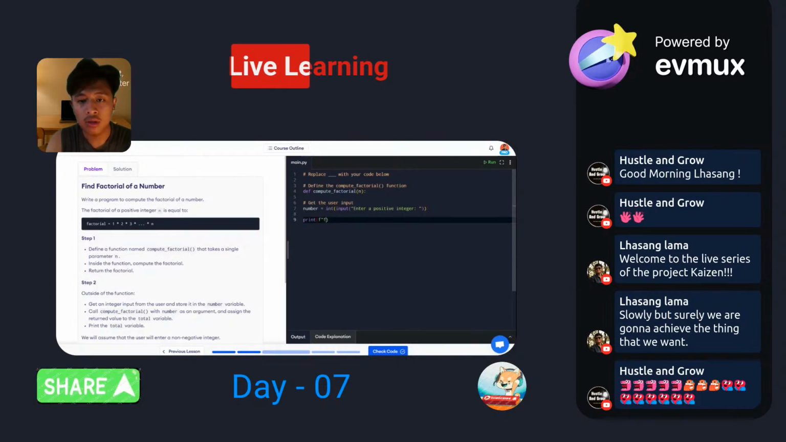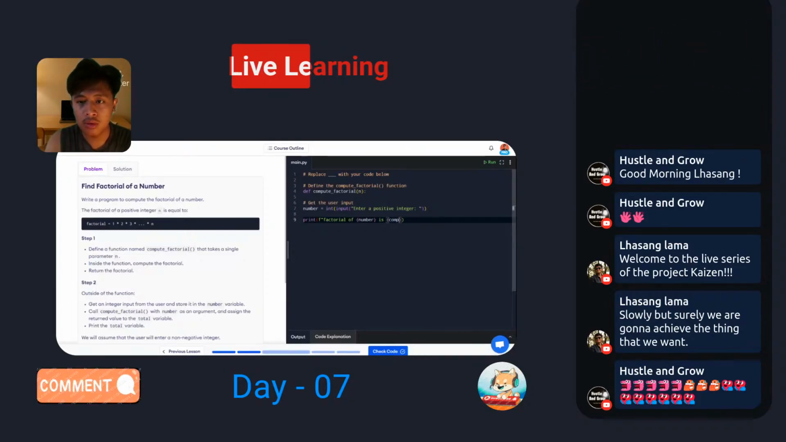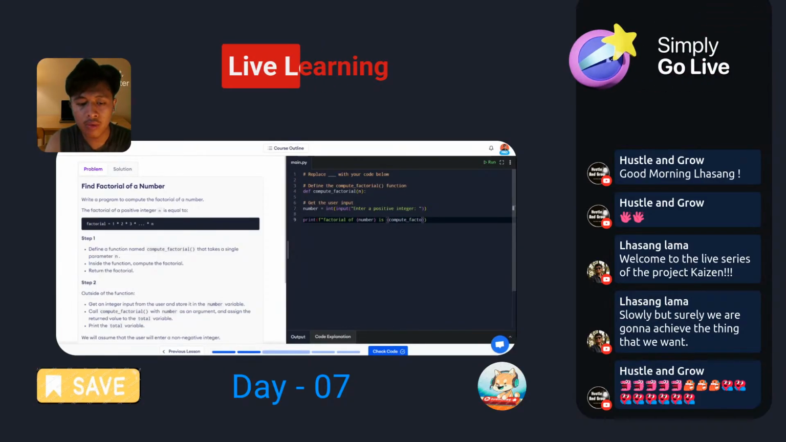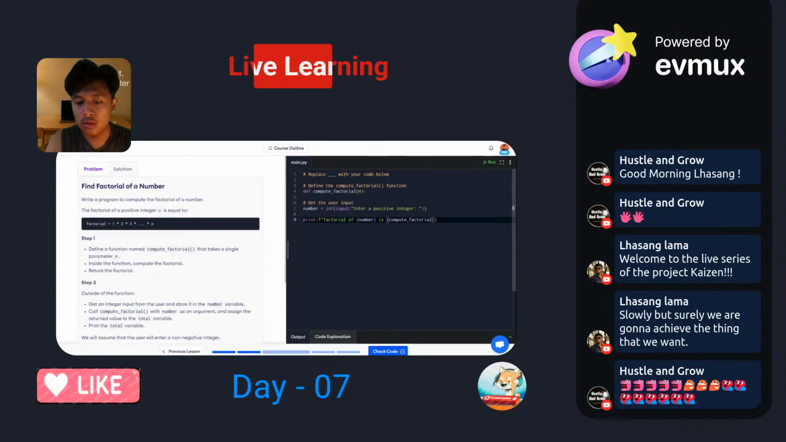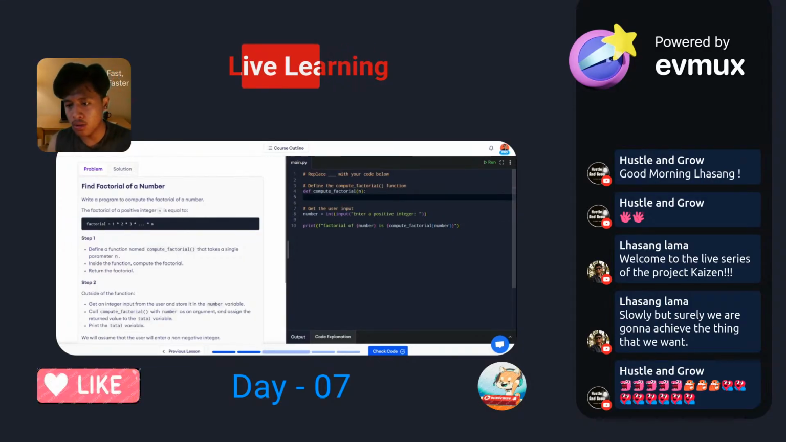Print f string: factorial of number is basically what? Let's just call the function compute factorial, and we will send the number as the argument. So, enter a positive number. Factorial means going down from the number up to 1, so what you need to do is